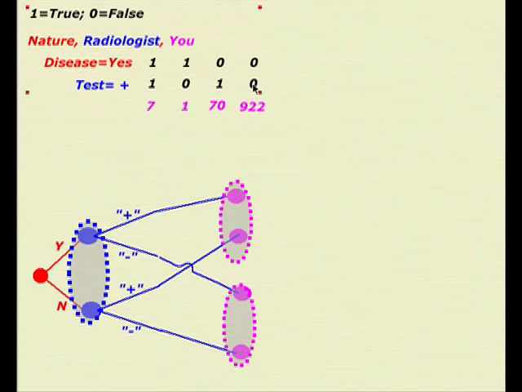Now, look at these other 2 columns. There's 922 plus 70 is 992 cases here. 992 cases out of 1,000 where there's no disease. So this obviously isn't a big disease, right? Which is in the text description of this, it was like 8 out of 1,000 women will typically have the disease. So it's a serious disease, but most people don't have it, okay, in this little example. However, if you look at 70 out of that 992, are coming up with a positive test result.